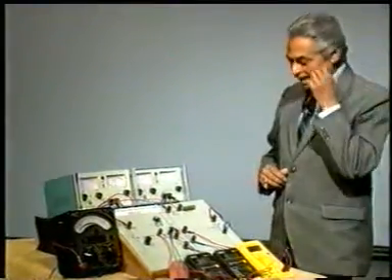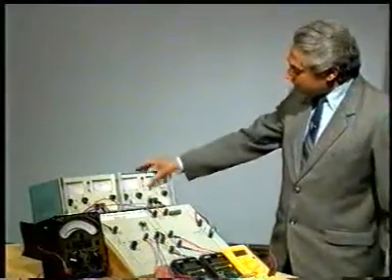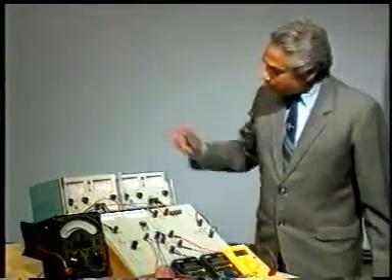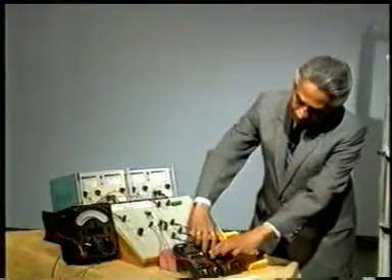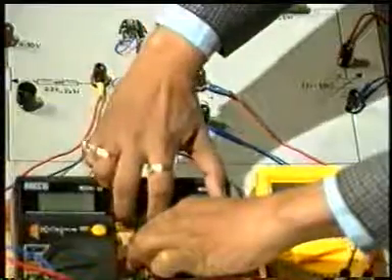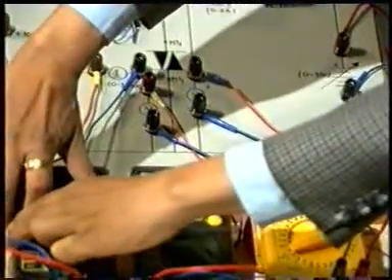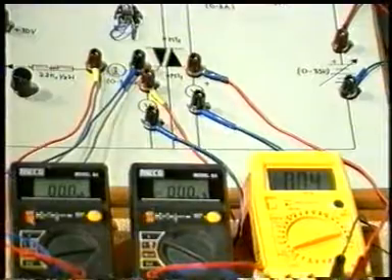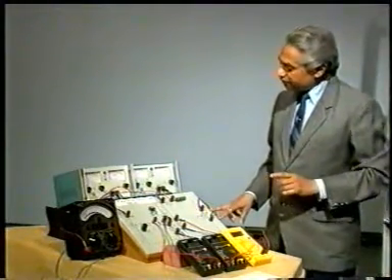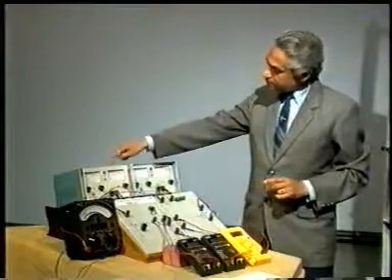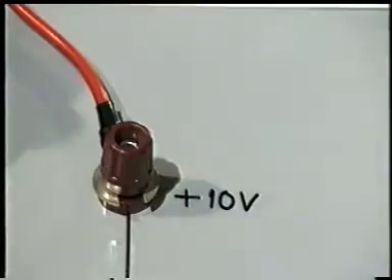and now I will first of all switch on the power supplies. So both the power supplies are switched on. I will put on the multimeters also. Now I am going to repeat what is happening here. This power supply is connected here for 0 to 35 volts supply. This power supply is connected here for plus 10 volt constant.